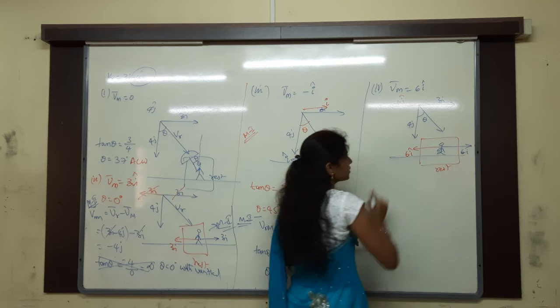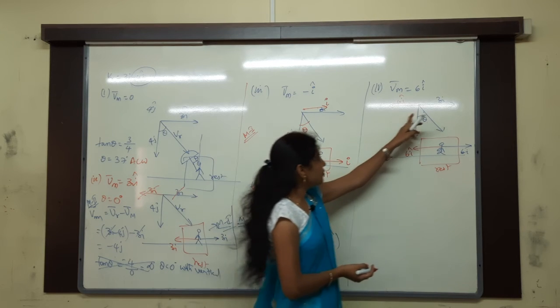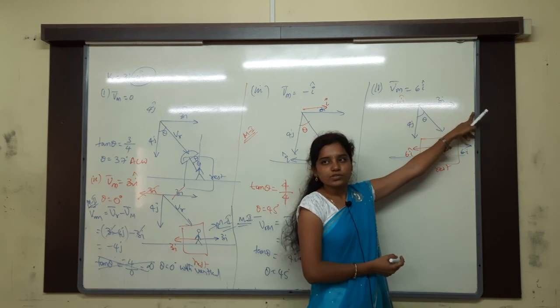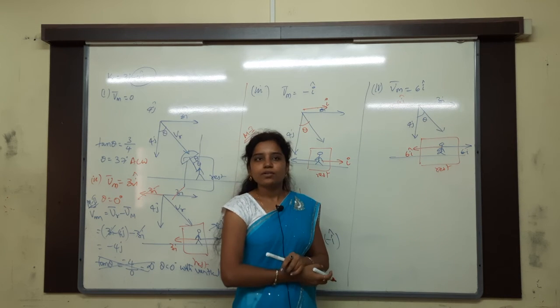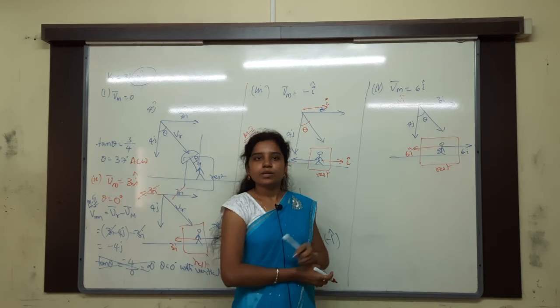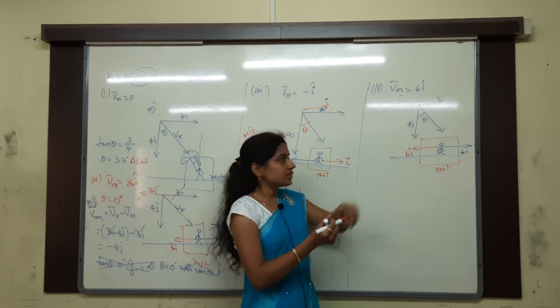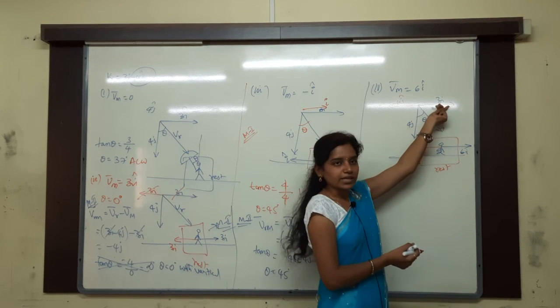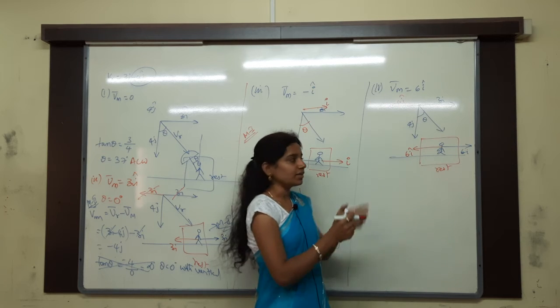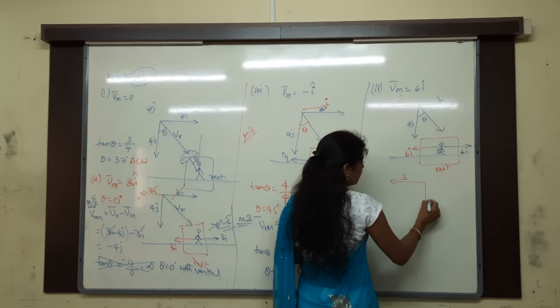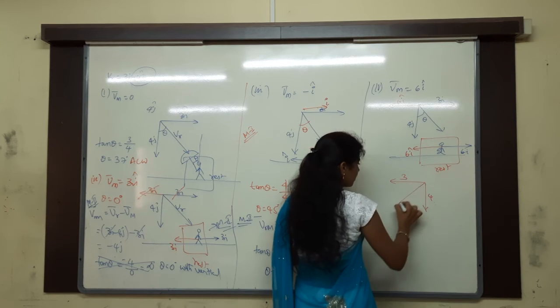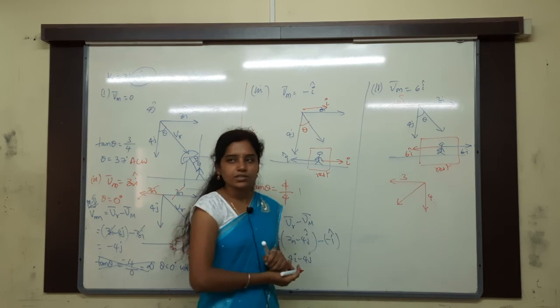Now he is at rest. I have taken 3 i cap along the positive x axis and 6 i cap along the negative x axis. So where will you get the remaining velocity? Minus 3 only. See, this 3 and then 3 gets cancelled. How much is still remaining? Minus 3 is remaining. So 3 is remaining in this direction, and 4 is remaining in the downward direction. Now the rain is falling in this direction.